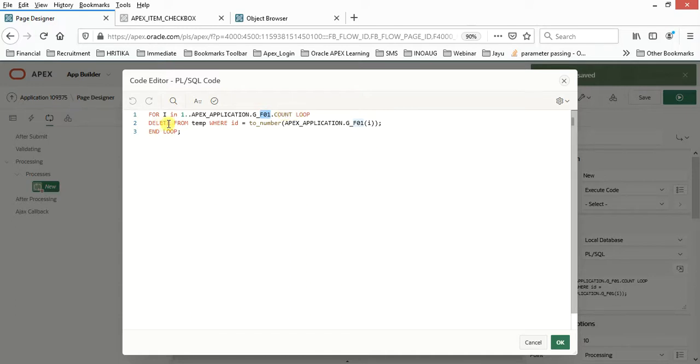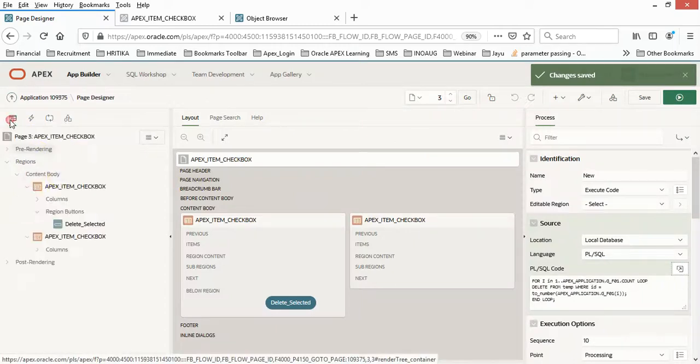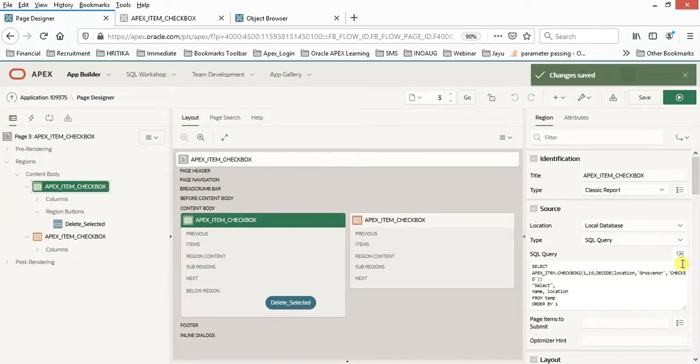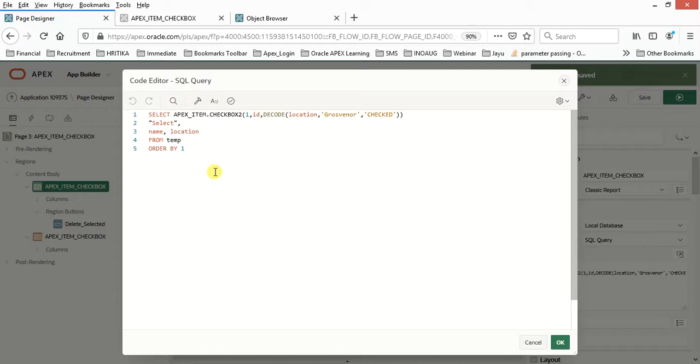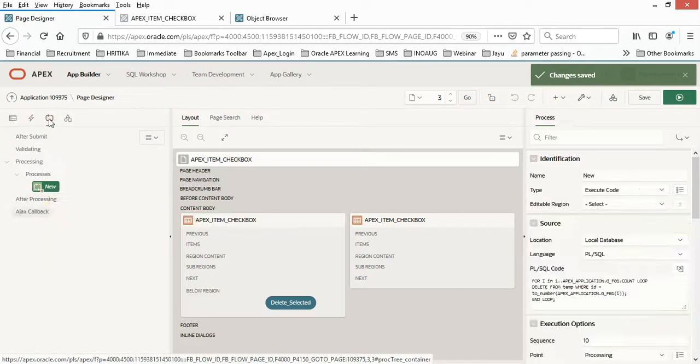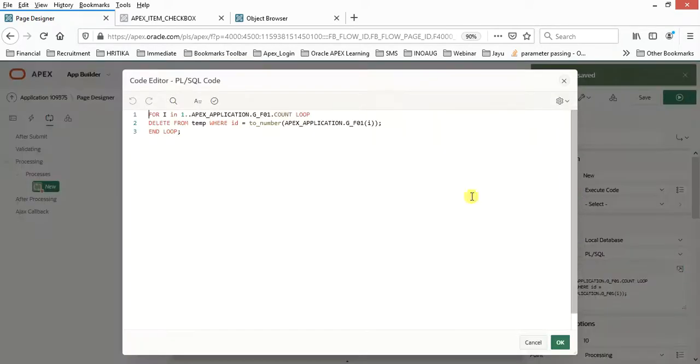In the loop, I delete from temp where id equals apex_application.g_f01(i). The reason I utilized f01 is that when I declared this particular thing, I defined that the first one is my id, so that's why I have placed 1 here. In F01 I have the ID, so I'm trying to delete that.